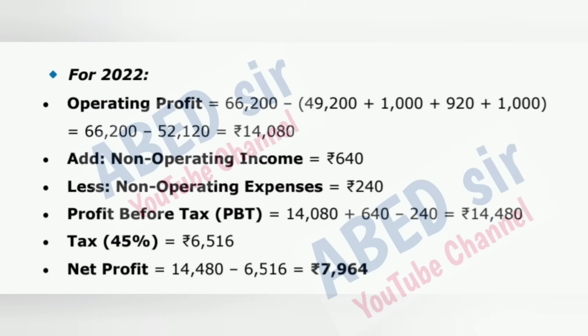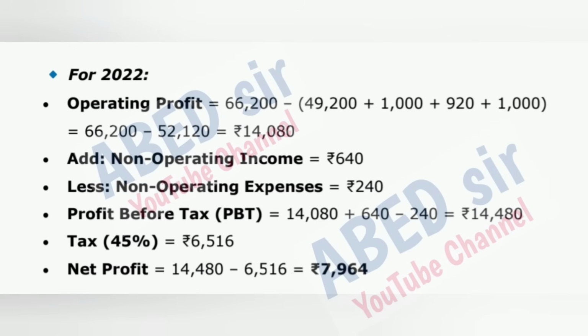52,120, equal to 14,080 rupees. Add non-operating income of 640 rupees. Less non-operating expenses of 240 rupees. Profit before tax, PBT, is equal to 14,080 plus 640 minus 240, equal to 14,480 rupees. Tax at 45% is equal to